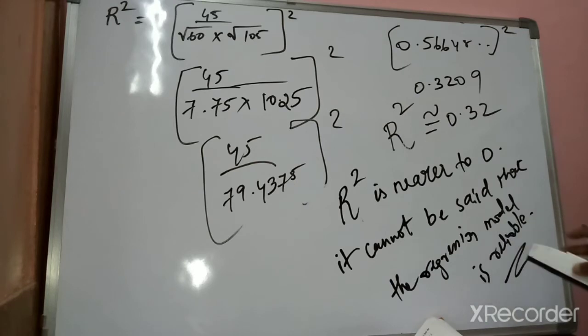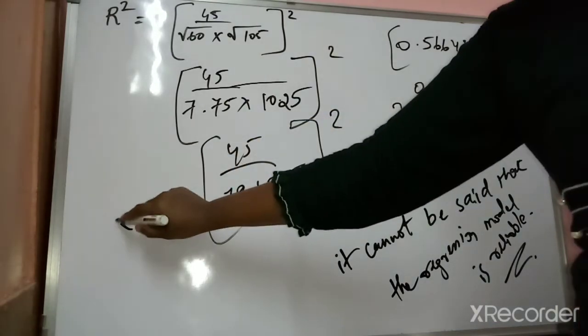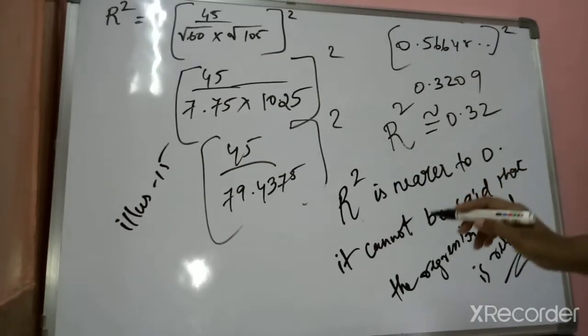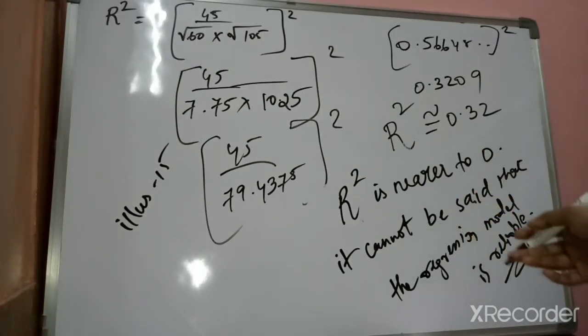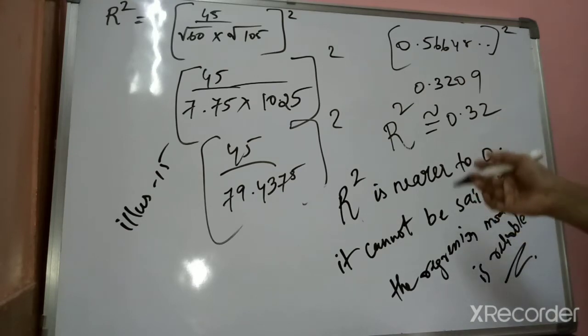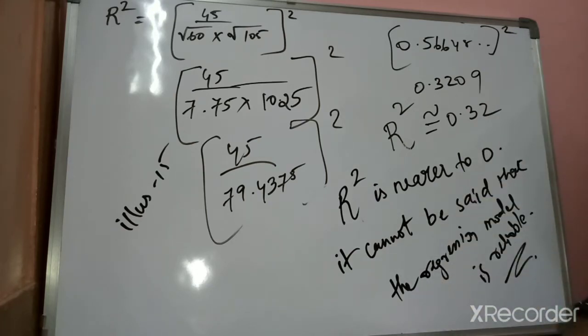Now let's do the next sum, illustration number 16. This was our completion of illustration 15, which was on your page number 142. Okay, now come to your page number 143 of your textbook, illustration number 16. The question says, if the regression line of y on x is y cap equals 12 minus 1.5x and the mean of x is 6, find the mean of y.